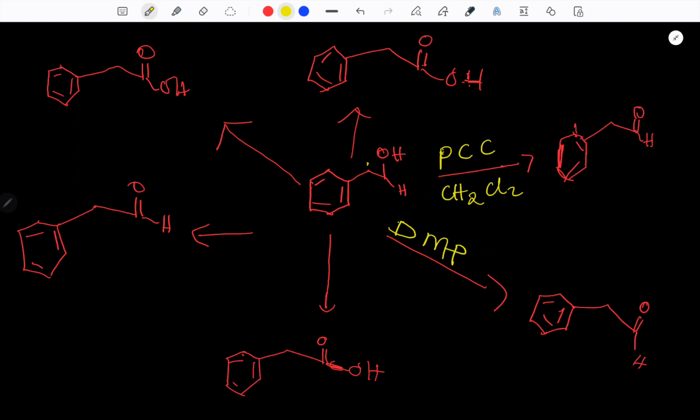But if you check here now, this primary alcohol has been converted to a carboxylic acid. So this is a full oxidation process, meaning we're going to use a strong oxidizing agent. So you just pick one of the strong oxidizing agents. For example,